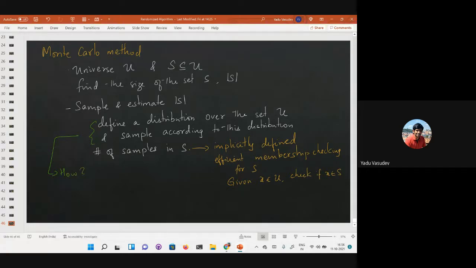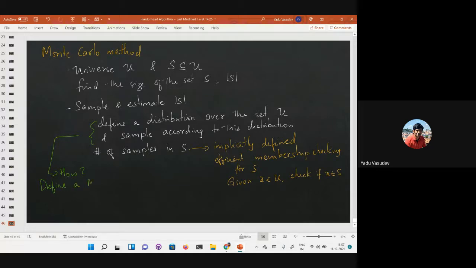How do you define a distribution over the set, and how do you sample from such a distribution? There could be many different ways in which you can do it. We will see one method today. One DNF counting involves one such Monte Carlo method. We try to define a suitable distribution. And later on we will see that a very standard way to do this is to actually define